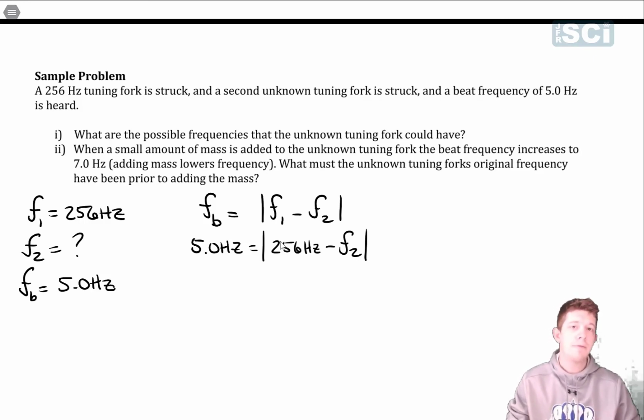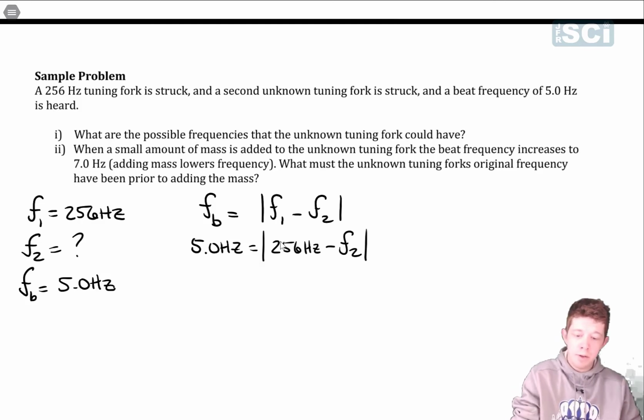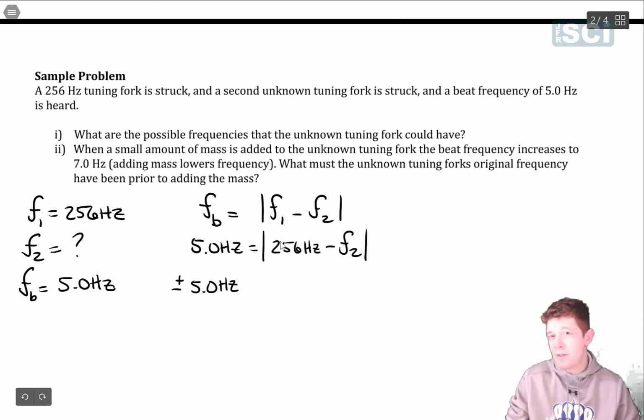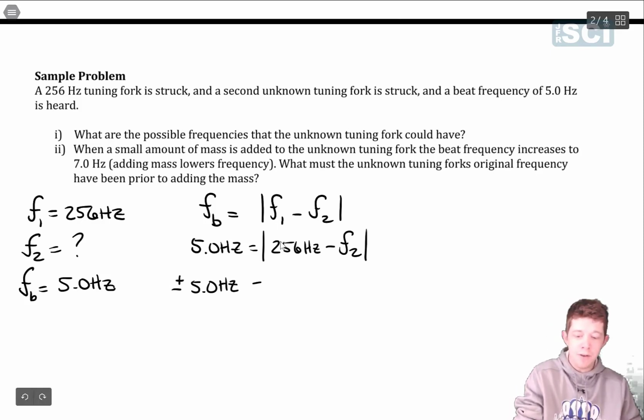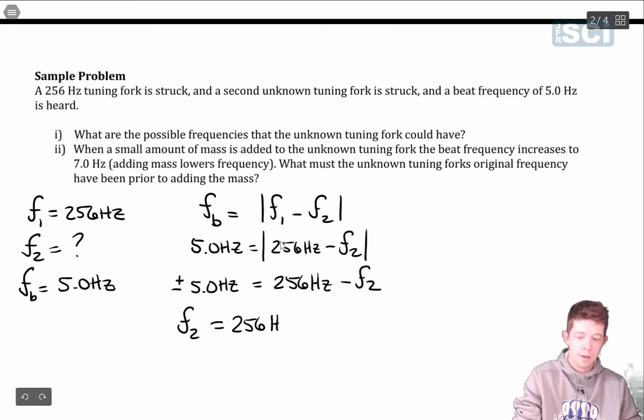It doesn't tell us that F2 is smaller by 5 or that it's bigger by 5. It just says that the difference between the two is 5. So that means that the frequency difference might be plus 5 hertz or minus 5 hertz. So I'm going to say plus or minus 5 hertz is equal to 256 hertz minus F2. If we isolate for F2, I'm going to find out that it's 256 hertz plus or minus 5.0 hertz, which tells me that F2 is either 251 hertz or that it's